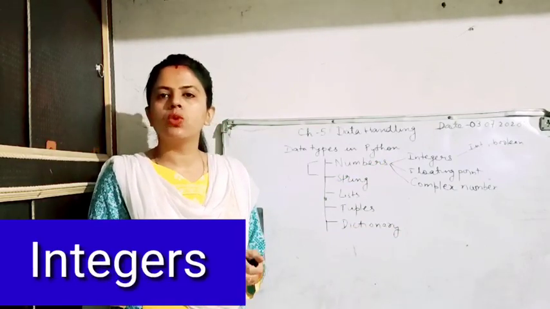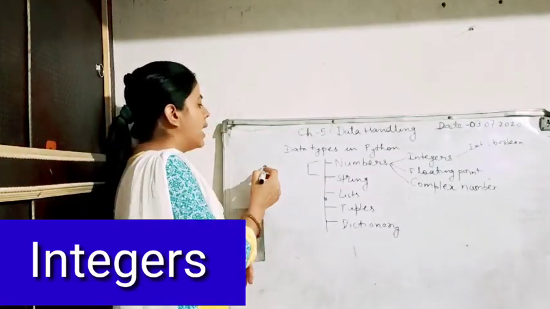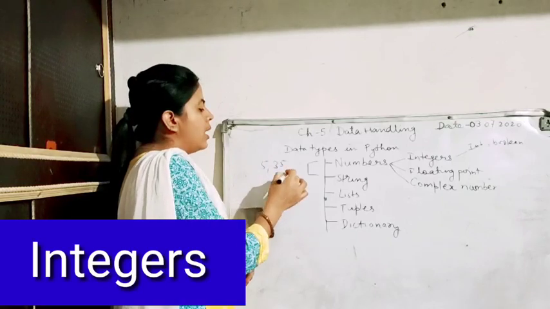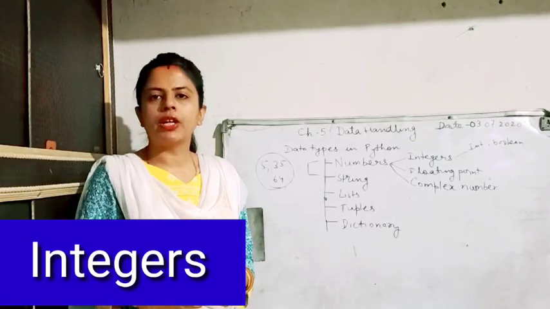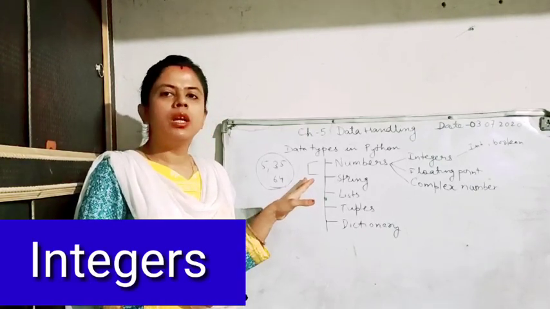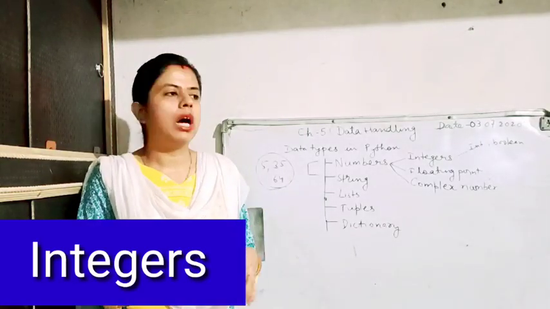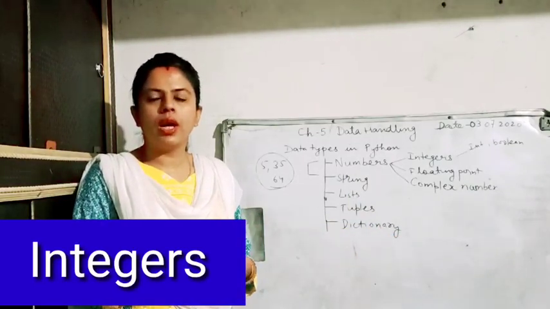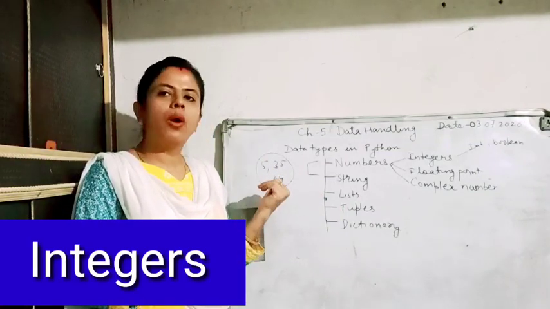Integer part numbers are those numbers which contain only whole numbers. There is no fractional form in it. For example, you can say 5, 35, 64, any number which does not have any fractional part can be said to be an integer number. For integer numbers, the range is unlimited. You can check the table of the integer range, how the data type range falls and how much data can be stored in a particular data type. So in integer it is an unlimited range, you can store the whole number.